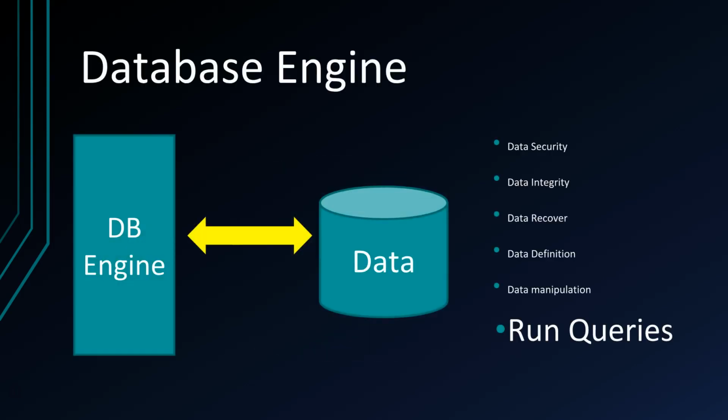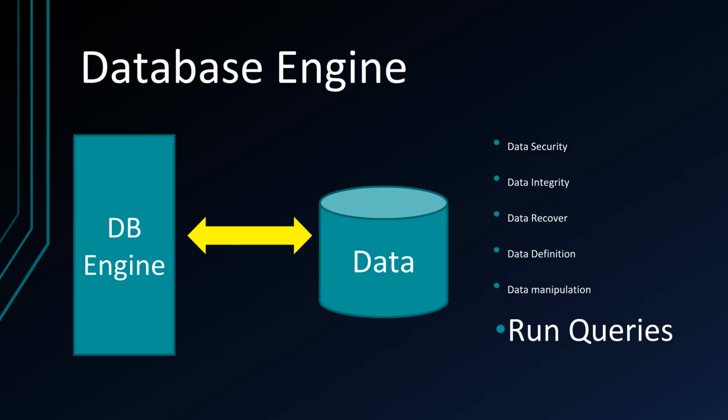Anytime we're working with a relational database management system, and this is true for virtually any database management system, we're getting now more popular NoSQL databases that are not organized along the relational model, but this part is still true: we've got some piece of software that sits there and runs, and it's a service, and it has control over the data. It's responsible for data security, integrity, recovery. If we're right in the middle of updating something and someone kicks the power cord out, or there's some kind of catastrophic failure, the database engine is responsible to be able to recover from that, to define the structure of data, to put data in,